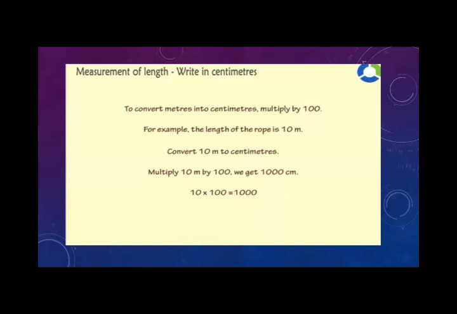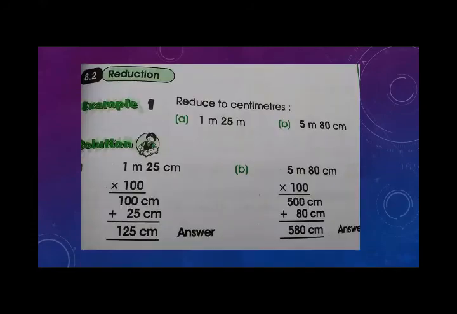Moving further now, exercise 8.1 part A and part B you will do in your book by using pencil. Use proper scale, which has correct centimeter lines. If there is any problem in your scale, then your measurement will become wrong.